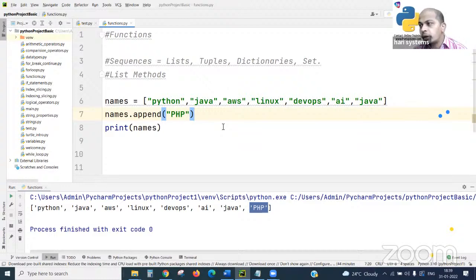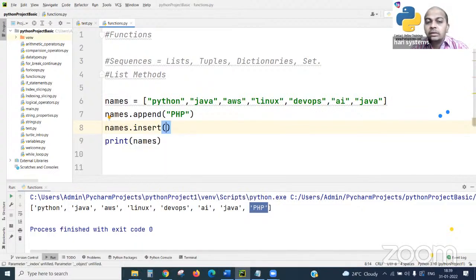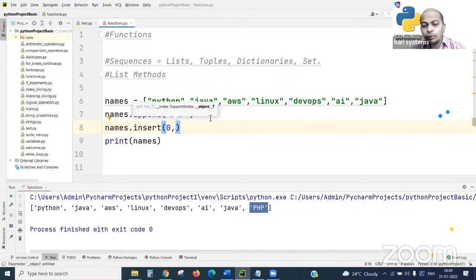So this way you try to practice, and in another way, you can also add list items using the insert method. See, this insert method requires two things. One is the index position, where to insert the string. Like index positions from 0, 1, 2, 3, 4, this goes for the positive index, and the reverse index is -1, -2, -3 from right to left. So in this case, you can choose which position you want to insert your list item.